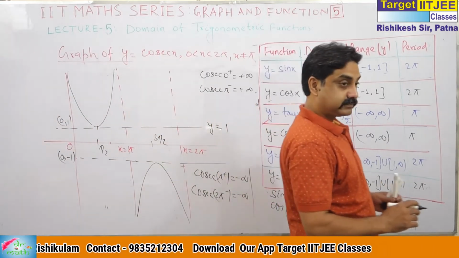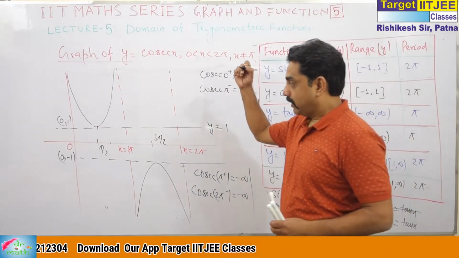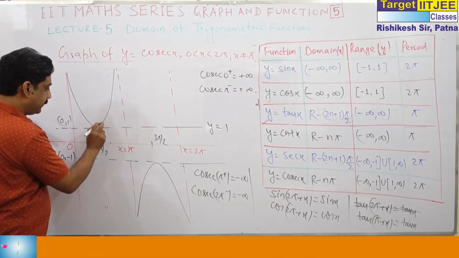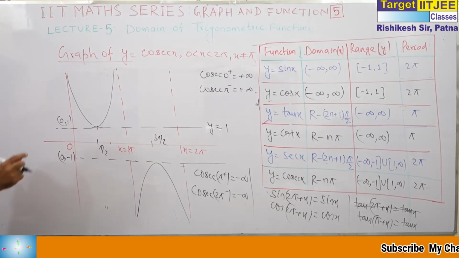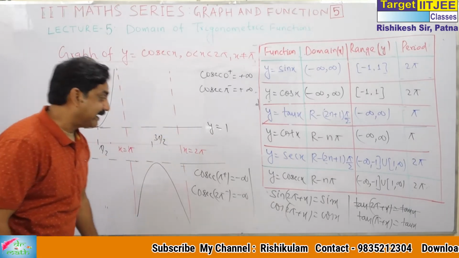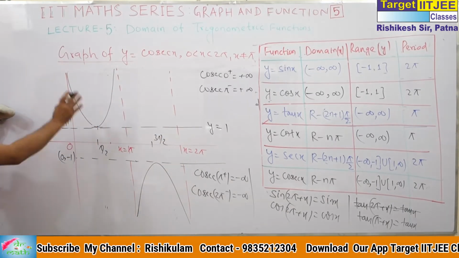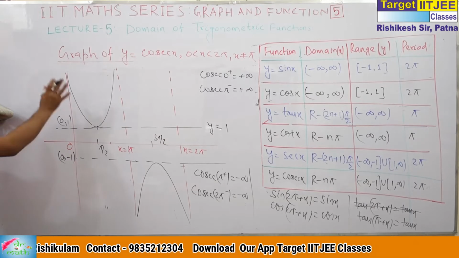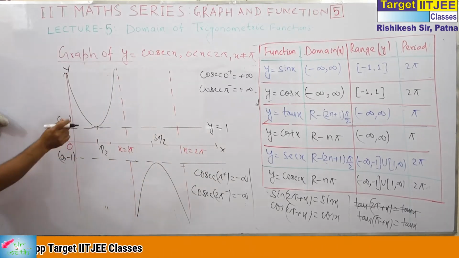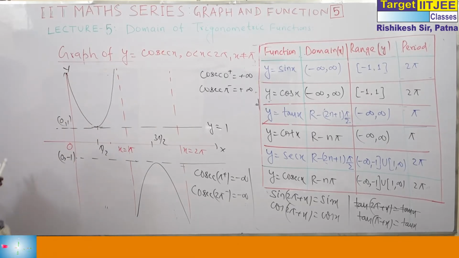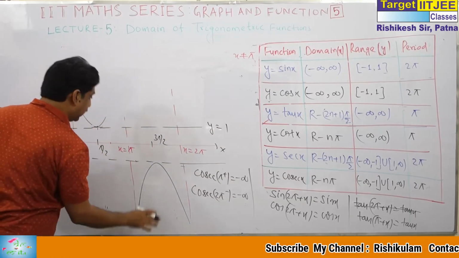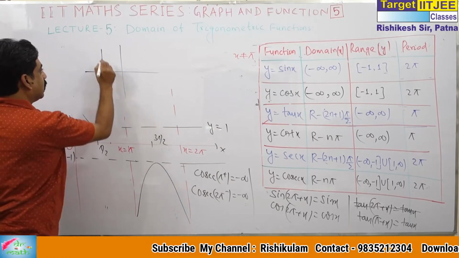What you have to do, you have to keep in practice always this graph. This will touch at x is equal to 1. You must know this graph. When I say graph of cot x, let me pause, write, and erase this one. In all figures write x axis and y axis. I may not write x axis, y axis in some of the figures. When I say what is the graph of cot x, so this is cot x.